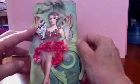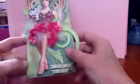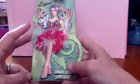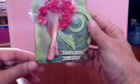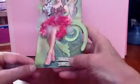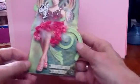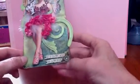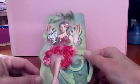Okay, that little elixir bottle is a little embellishment that my friend Irene had given me. Her hand looks a little bit weird because it was holding a champagne glass that I cut off, so it's a bit spastic. But she looks like it's a fairy hand. And then I just added some flowers on her sandals and flower power. I am a child of the 70s, and I think I'm a hippie at heart, so I like the flower power, and that's a little metal embellishment with a bling inside. I really loved this tag,